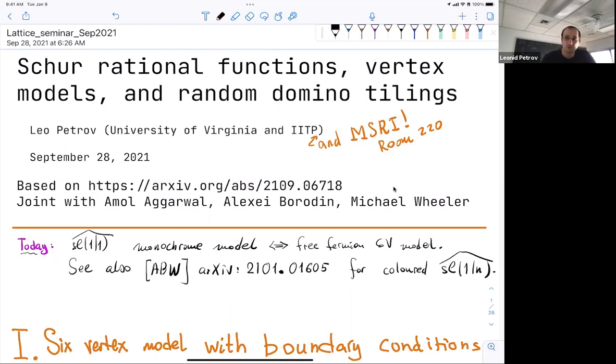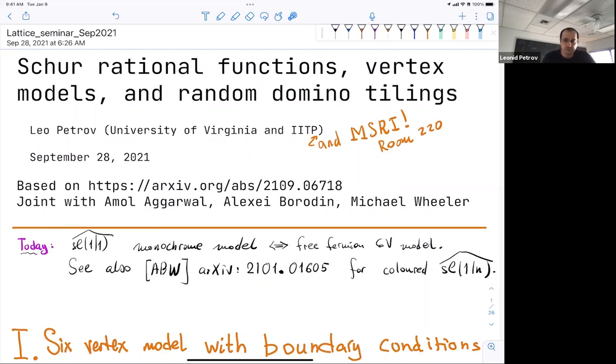I'm going to talk about a joint work with Amol Agarwal, who's also here, Alexei Borodin, and Michael Wheeler. It's a very long preprint we just posted, and I can talk about this for hours, but I'm going to highlight the main topics about rational functions and vertex models and random, well, domino tilings, not even random configurations. Anyway,